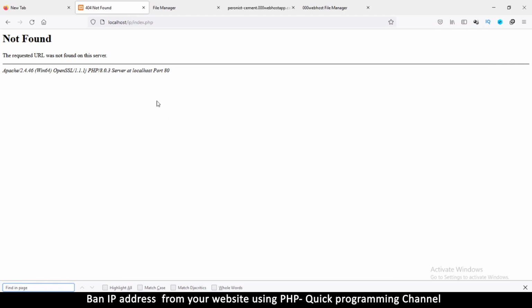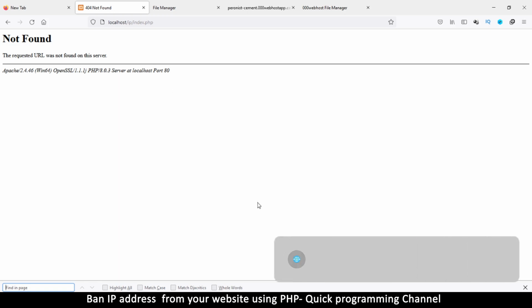So in this tutorial, I will show you how to ban a user from using the website if they try 3 or 4 times to log in. The number of times is up to you to decide when you can ban someone, but maybe 10 would be good, or even 20 would be good. So the thing is,